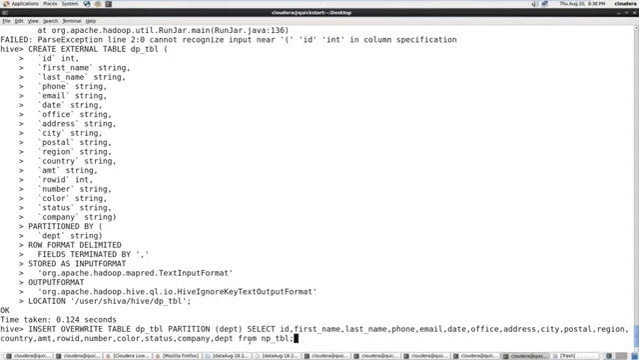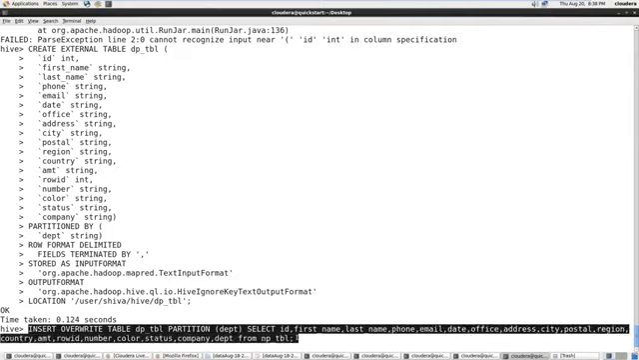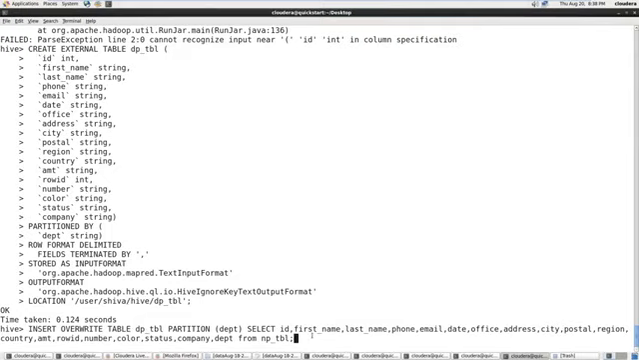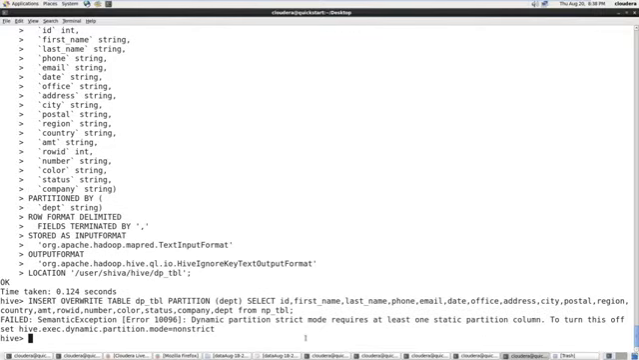So this is a query. Insert overwrite table partition department. You're selecting everything and you're also specifying the column at the end from the non-partition table. I'm guessing we'll get an error, but I'll tell you why. Let's go and run this. Okay, this is expected. The reason is